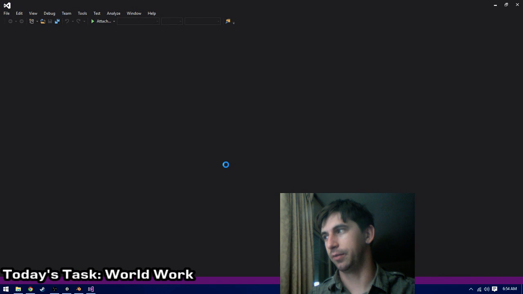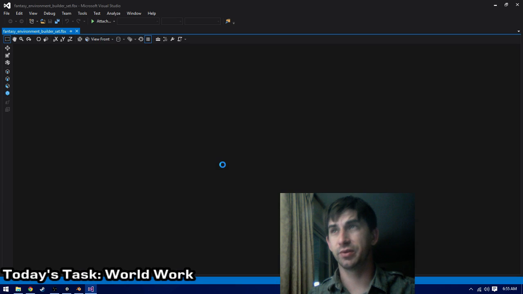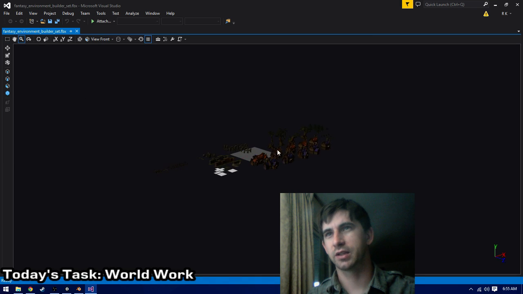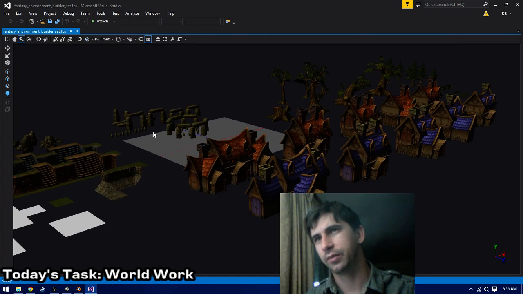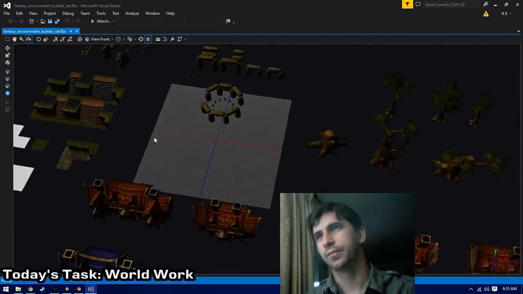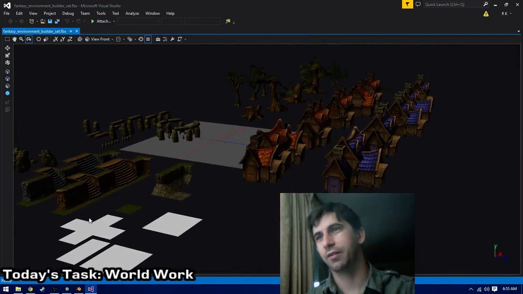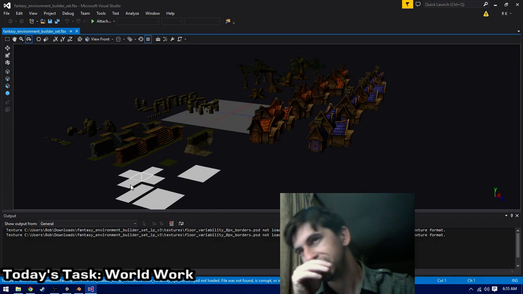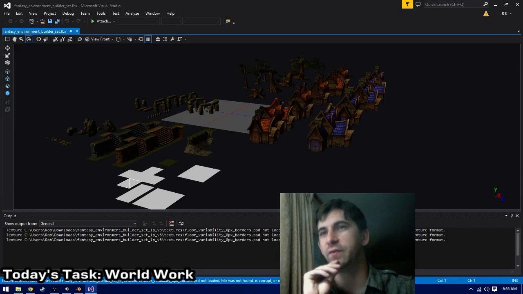Maybe that'll help. For those who don't know, Visual Studio does have a 3D viewer. It's kind of weird. Definitely takes some getting used to. Here we go. This is what I was kind of looking for here. Except that the ones I care about, these, are absolutely untextured. Okay, but they do use the floor variability